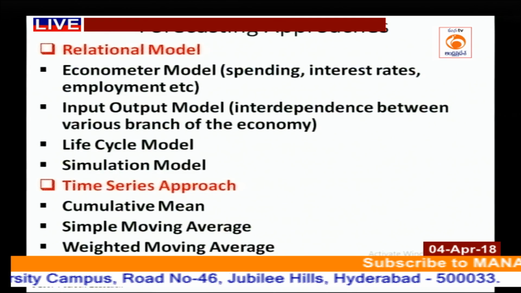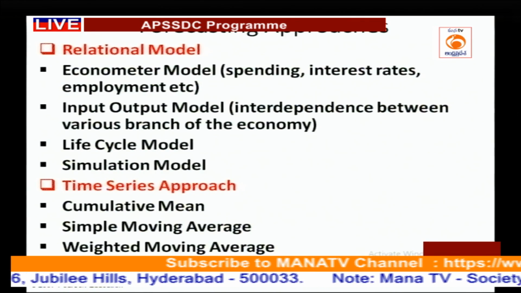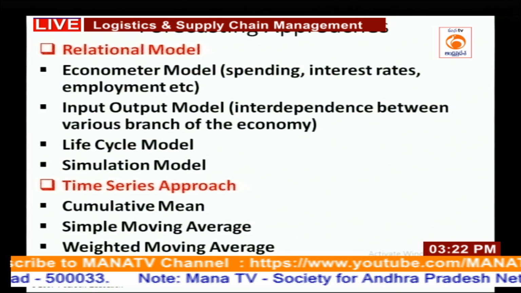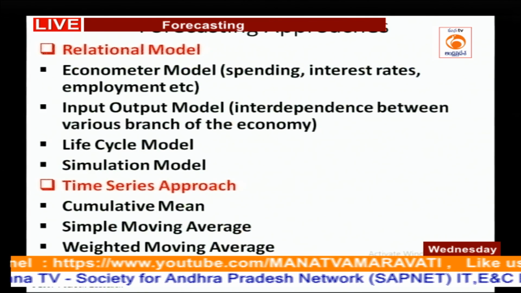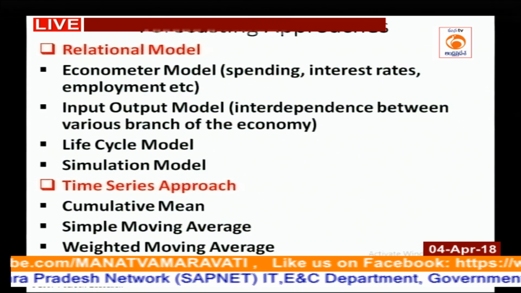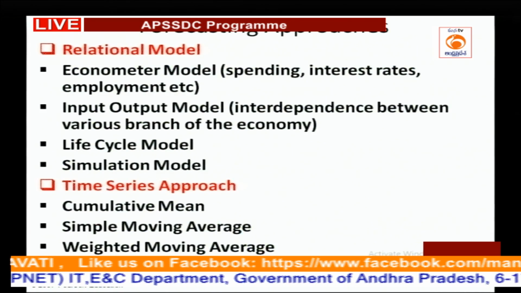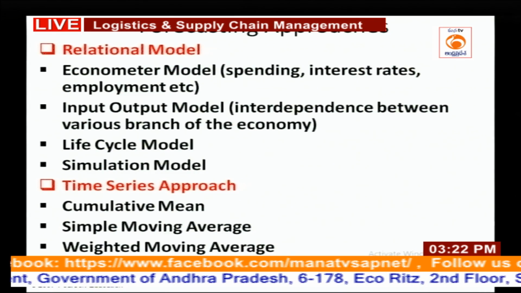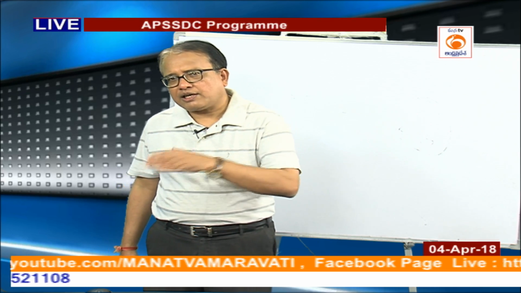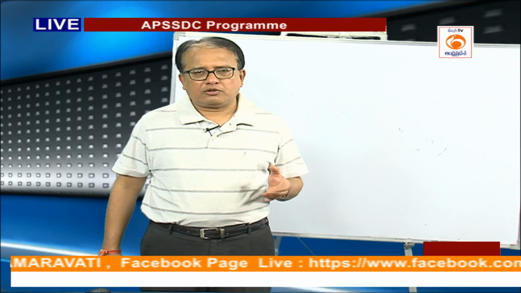Same with the time series model, as I said earlier, time series model depends upon certain historical figures. There are at least 14 models. In relational model, we have four types of relational. In time series, there are 14 models, but in this particular curriculum or course, we are only going to discuss the 4 major models, only 4 of them. If you want to learn more, you have to come back to me, or study books on supply chain management to understand and study the extended time series models, all 14 of them.